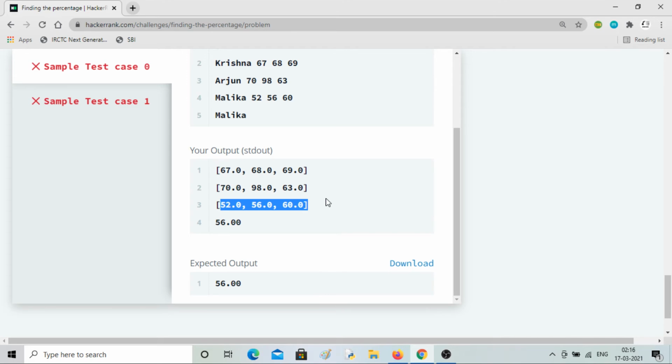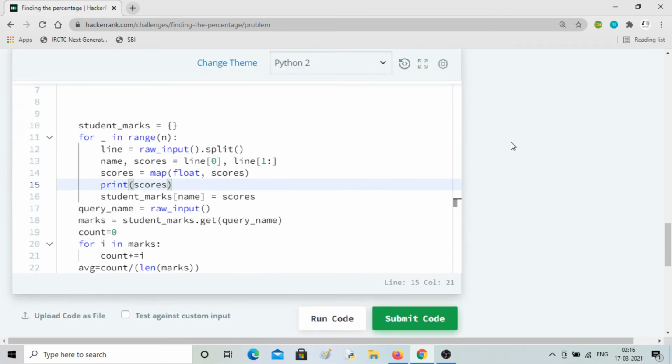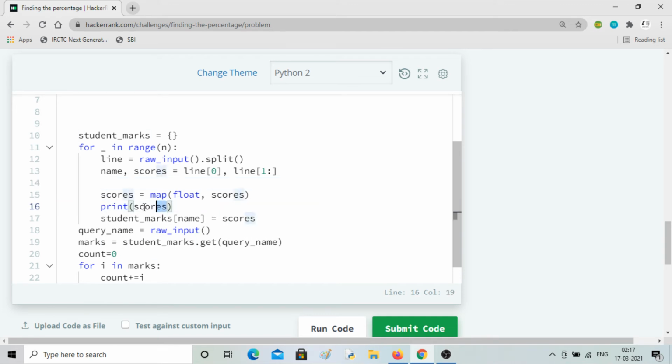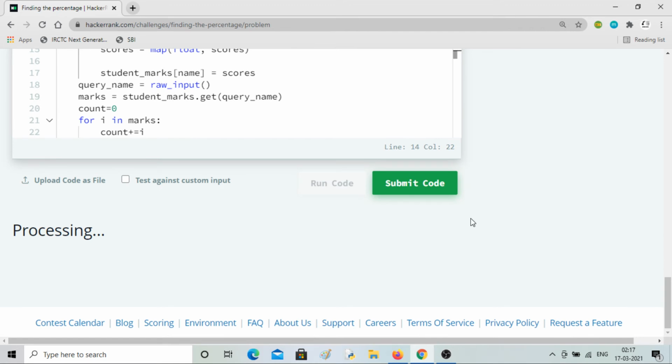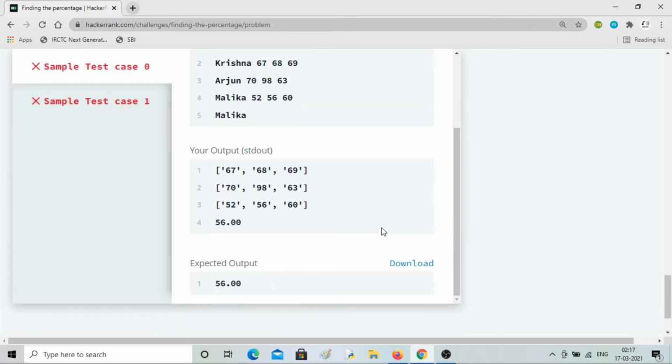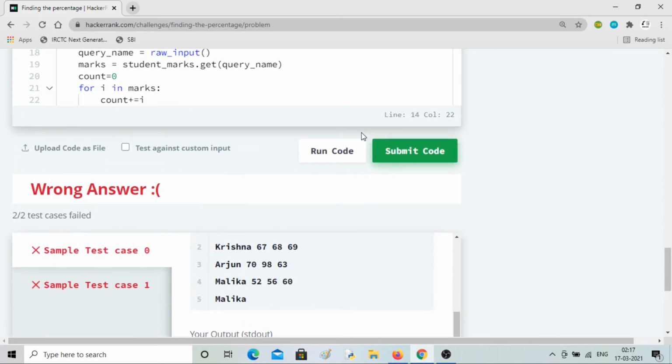Okay, so it's a giant thing. So here if I print scores, the same thing happens. What I'm looking for is a single type of array, rather than having 3. So here also I'm having 3.